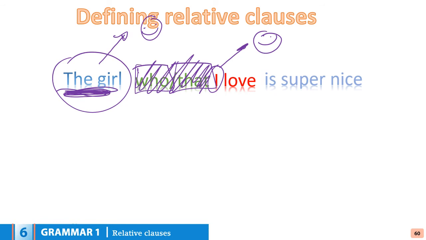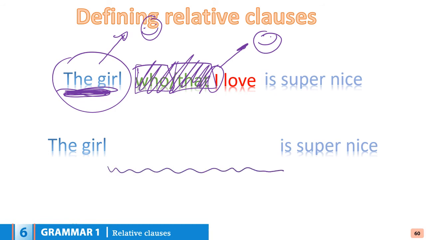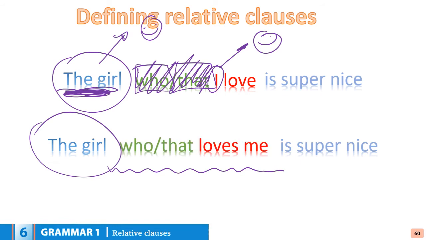Okay? Now take a look at this sentence now. The girl is super nice. Okay. I need a defining clause here because I don't know what girl you're talking about. The girl who loves me is super nice, or the girl that loves me is super nice. Okay, option number one, who? The girl who loves me is super nice. Option number two, the girl that loves me is super nice. Option number three, remove it. Oh, sorry, you can't. Why? Because here,